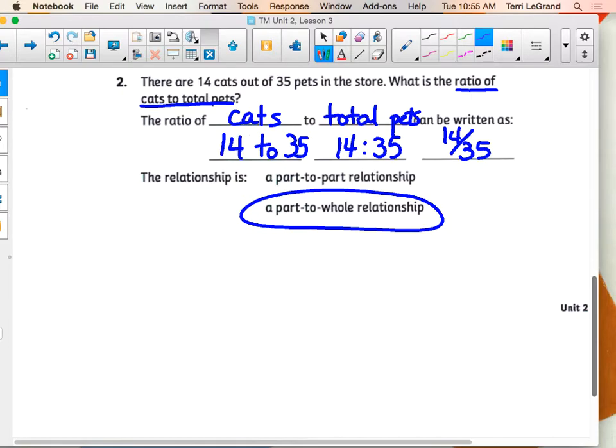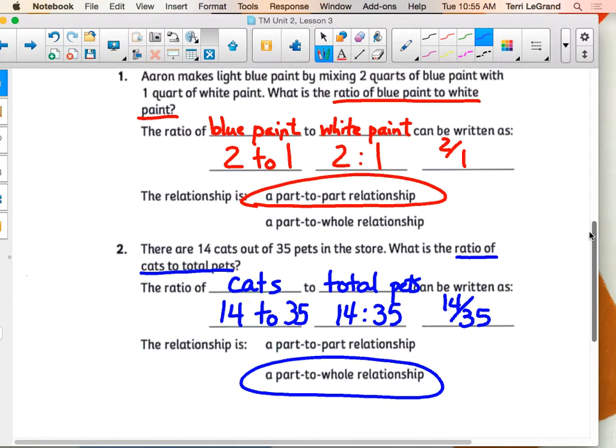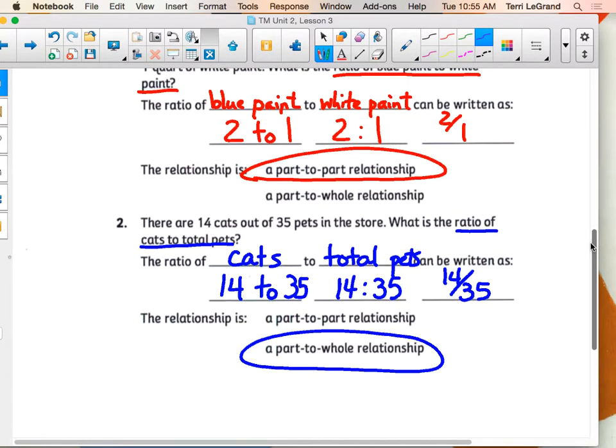Now, this is where I need to stop and make sure that we understand, we had this in our notes yesterday, that fractions, are you with me here? Fractions are always